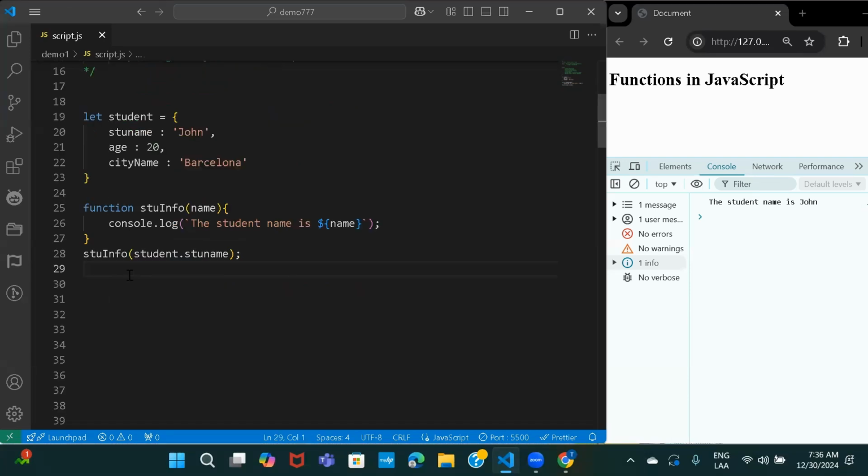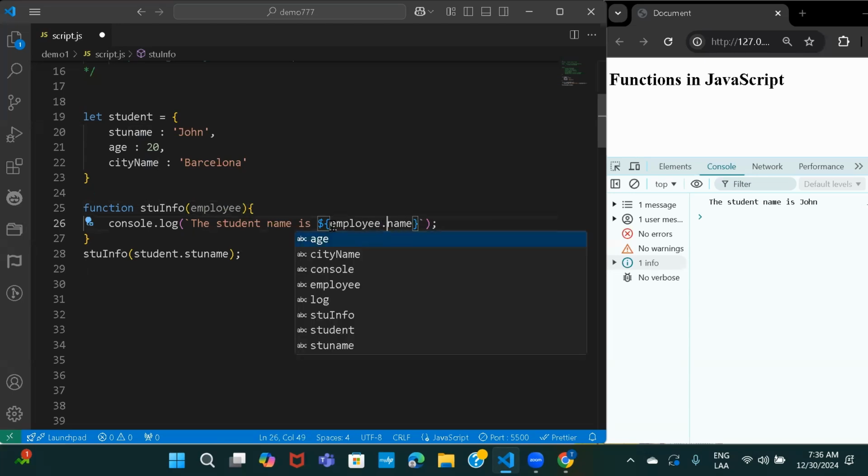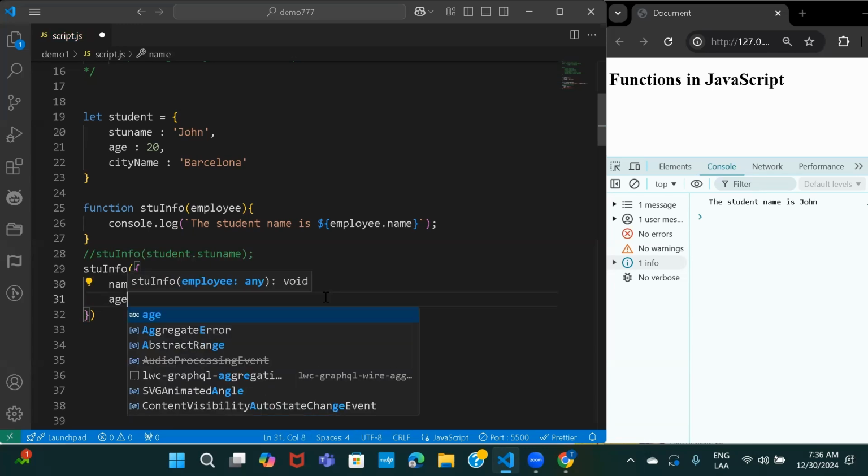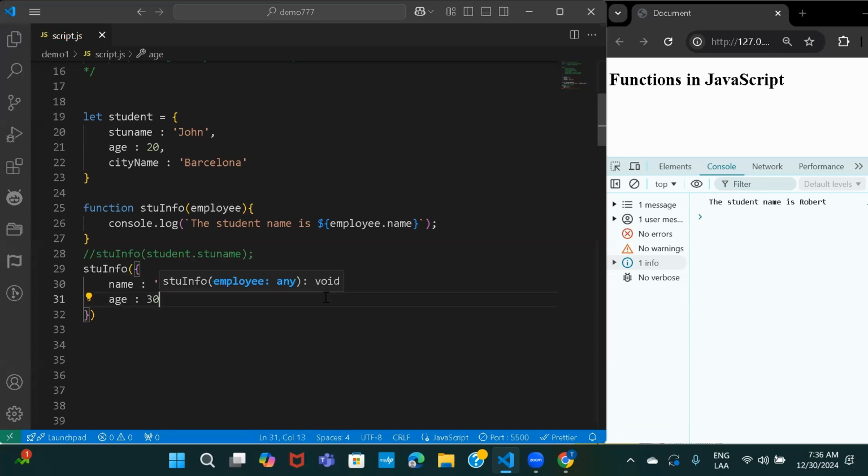So there's another way of doing this. Let's say I change it to employee, and here I'll do employee dot name. When I'm calling the function, I'll comment this one out, and I'm not going to refer to this object. I'll call the function, and here itself I will create the object and define the properties. So here I'll take the name as, let's say, Robert, and the age as 30. And if I save this,